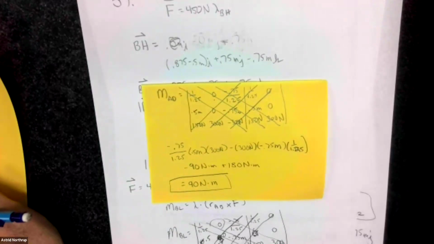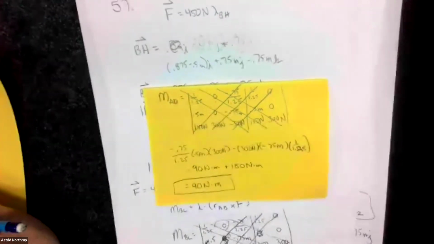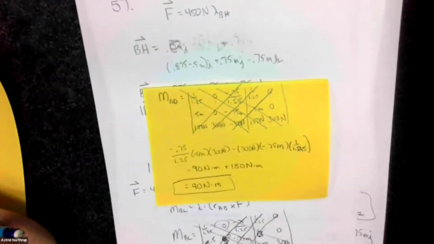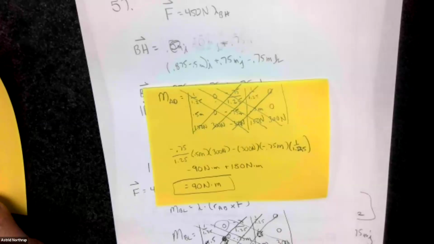So it takes a little bit of thought. It takes a lot, and it's really important when you find especially that R value, because the axis is a prescribed vector and the force is a prescribed vector. But the R value that you use that connects the two, you have some different choices, and you can make it easy on yourself or hard on yourself. And as we could see in this, the more zeros that you have in your determinant, the easier the math is going to be. So you can choose it to give yourself a little advantage.